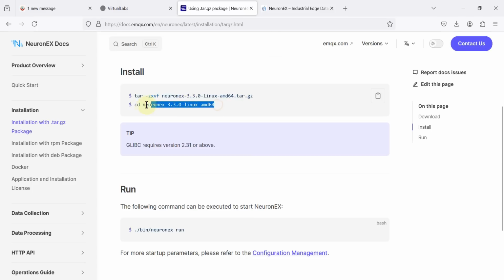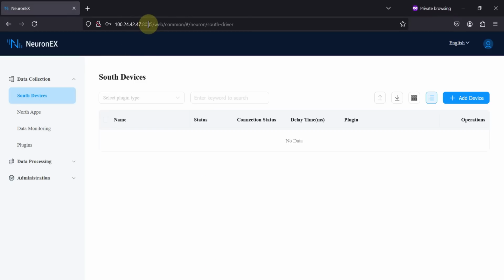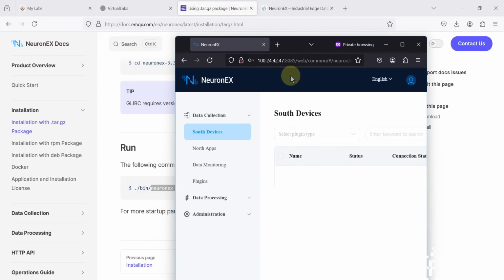This is the command to navigate into that folder, and then we will run the NeuronEX file to run our NeuronEX platform, and we can access it using port 8085 with the public IP address or localhost IP address of that server. If you're using Ubuntu or any other Linux, then you can use the command ipconfig or ifconfig to find the IP address of your system,